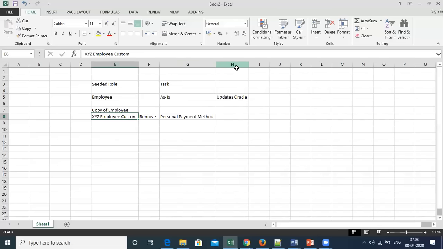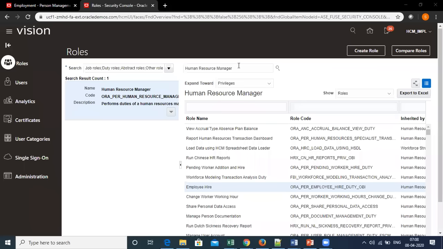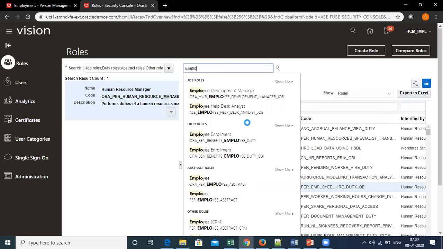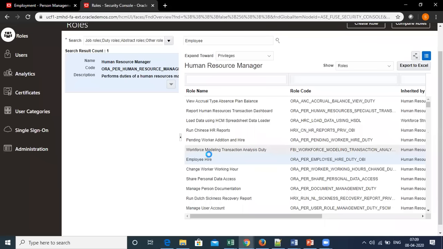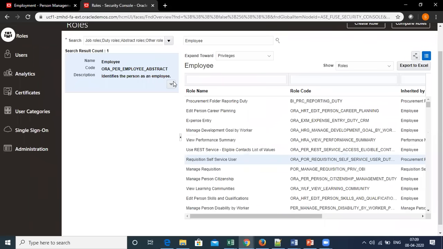That is the only action which we need to perform if we are using the custom role, that is the copied role. So let's say I have employee role. Let me take the seeded employee role, select the option and say copy role.